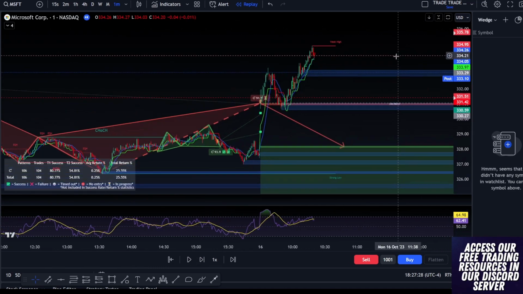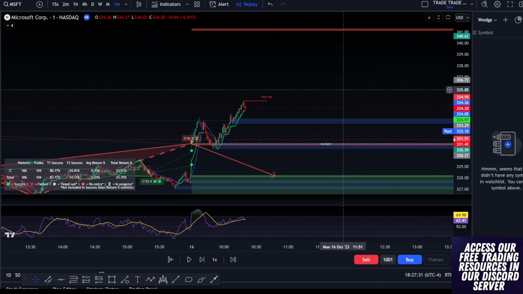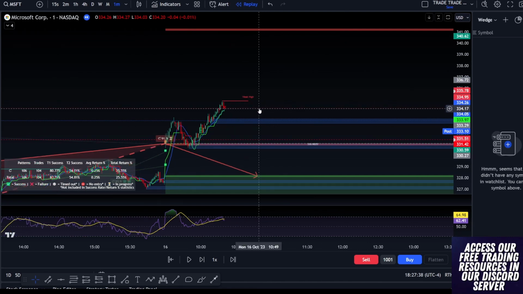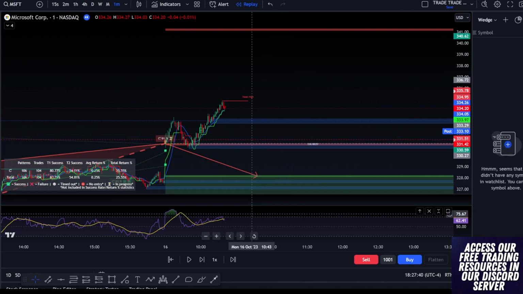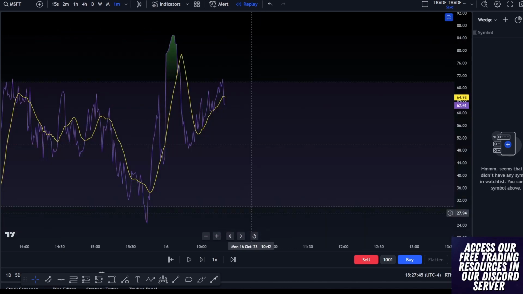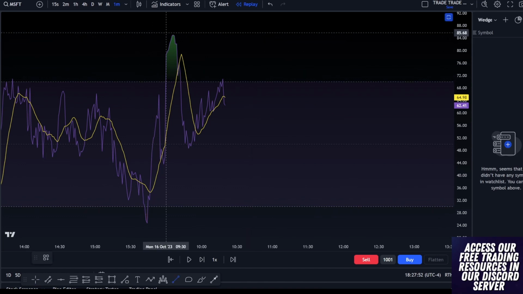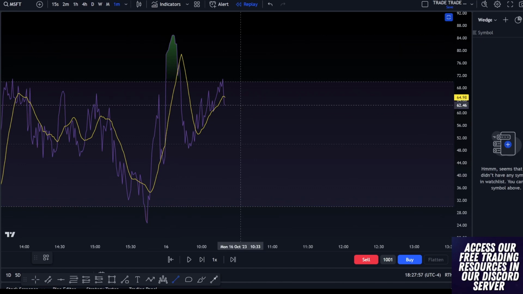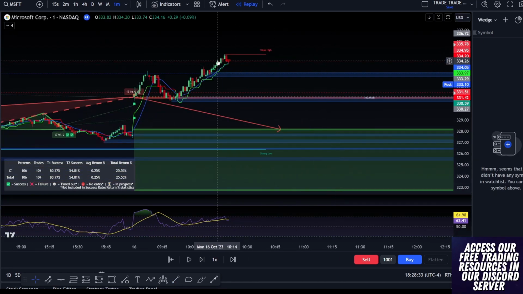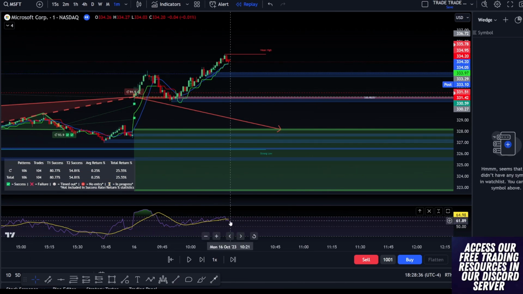So now what's happening? Okay, let's assess the situation again. We push through those blocks, and now there's a bullish order block hitting. That's not a good sign, but what is happening here as we're making higher highs on the V? Yes, lower high on the RSI. As the stock is going higher and higher, the RSI was at 85.04. Now the RSI is all the way down at 62. The second thing is that we're making a higher high, but the RSI is making a lower high.